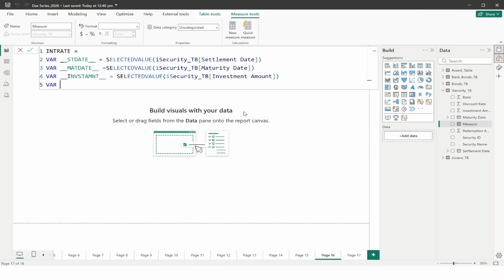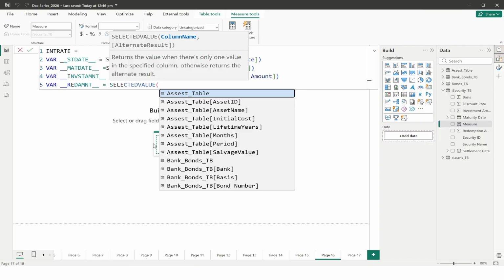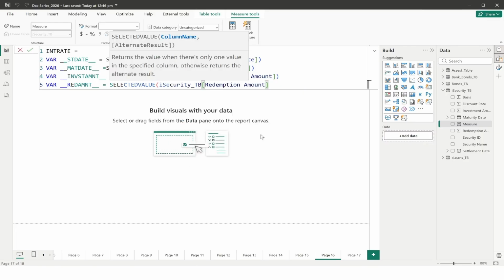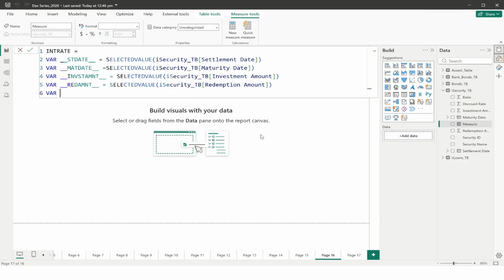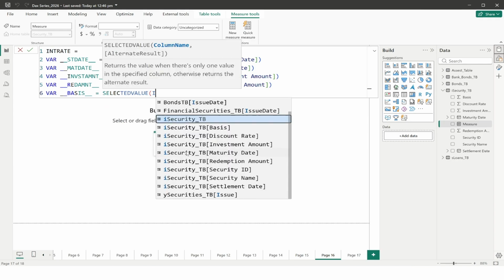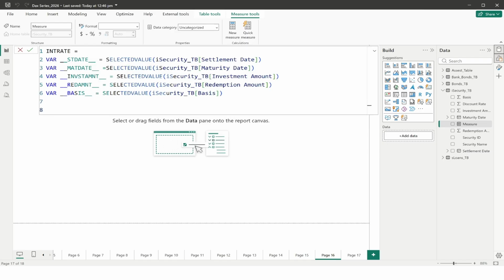Next, redemption amount, selected value of redemption amount. Next, the last one, basis, equal to selected value of security basis. If you see, we are not using the discount value because that is not applicable to